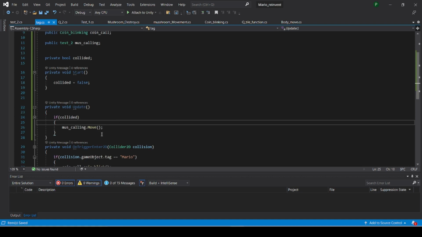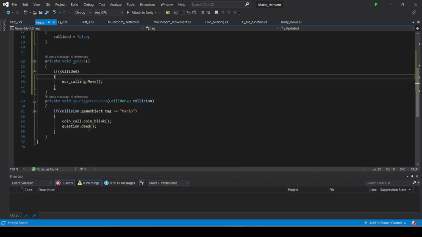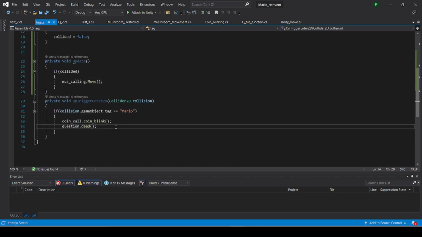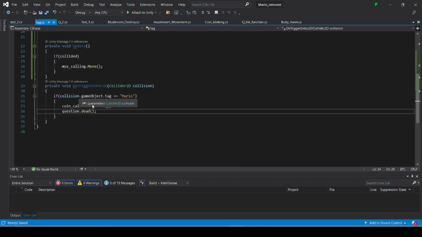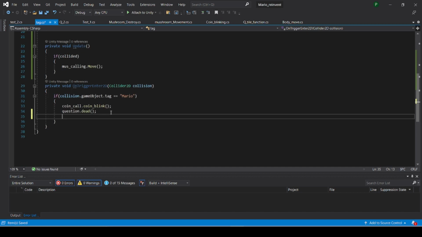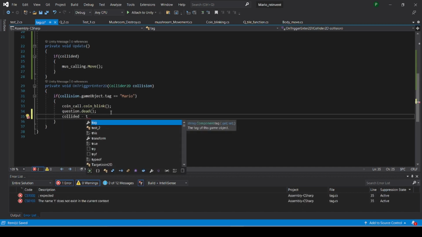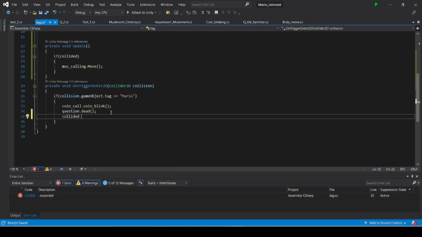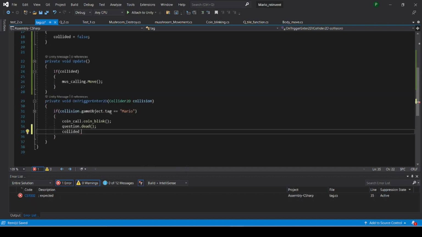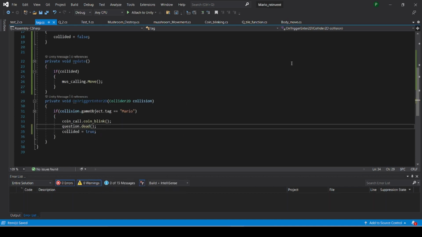I think all things are done. Here I'm going to do only one thing: collided is true. Yeah, collided is equal to true. Now let's check our script, how this thing is working.